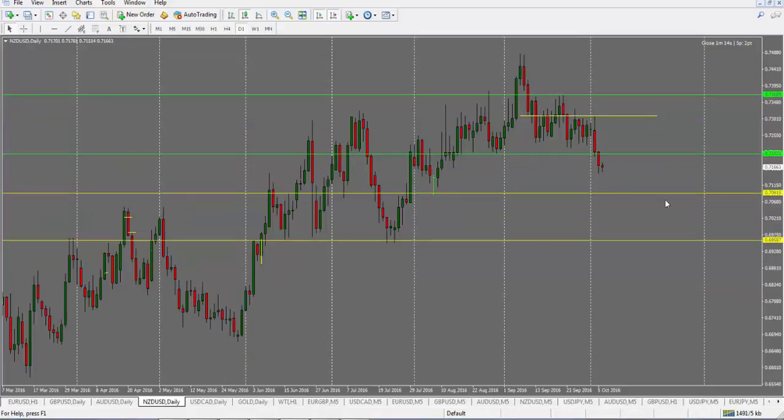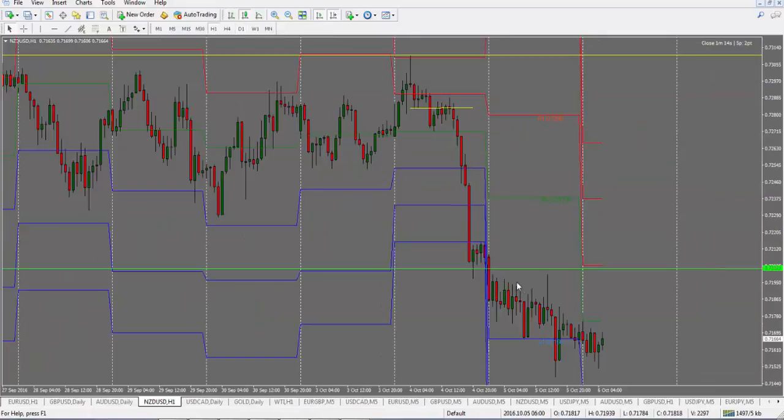New Zealand US dollar, we did see the price drop yesterday as we were expecting after that nice solid candle close. Now we are looking for a further move to the downside. Looking at the 1 hour chart here, we do have a trend line to the downside here. However, the price hasn't really moved down very much. So we're looking for a potential pullback into this 72.00 level. And if the price stays below the 72.00 level, then we would be looking for a further move to the